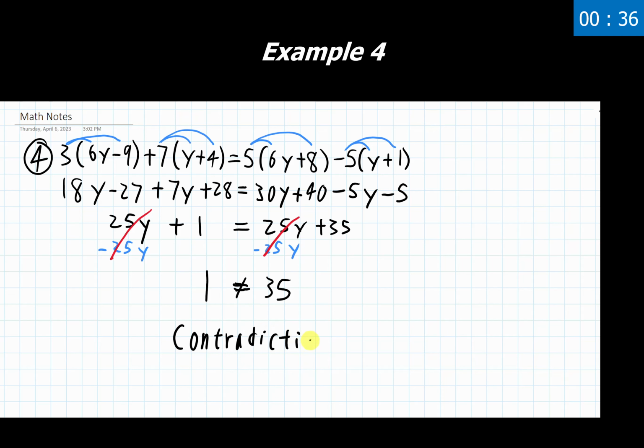So as you're going through these, when really, really weird things show up, such as all of the variables canceling out with one another, and the result of that is two numbers equaling each other that aren't the exact same number. One's positive, one's negative, they're both positive but different, they're both negative but different, one is 0, one is something else, doesn't matter. If these two numbers are not perfectly identical to one another, the only outcome we can have then is a contradiction.